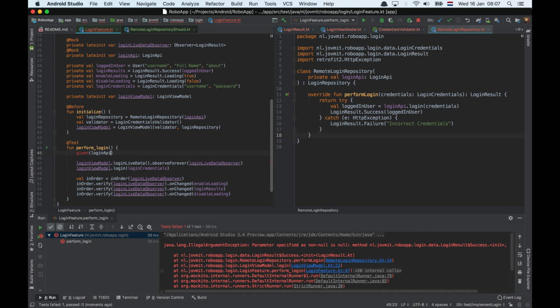Given our login API, the login with the login credentials, will return success login result. Logged in user. That's what does it return. Yep. And if we execute this,